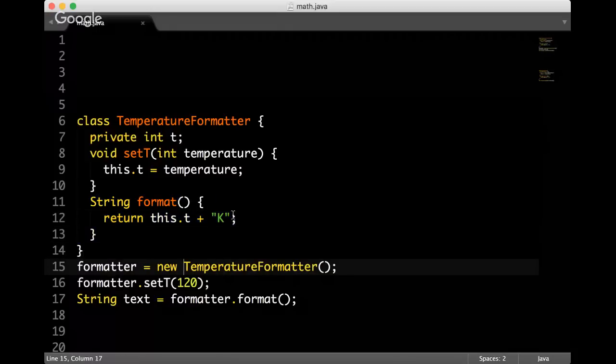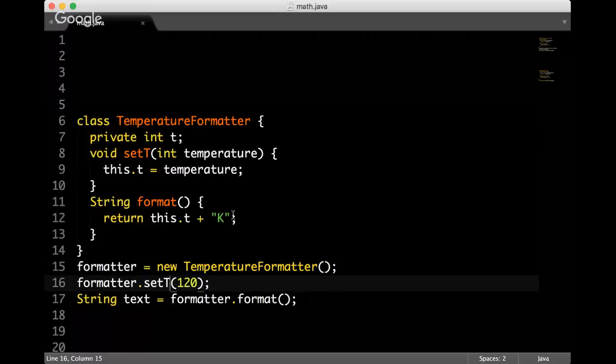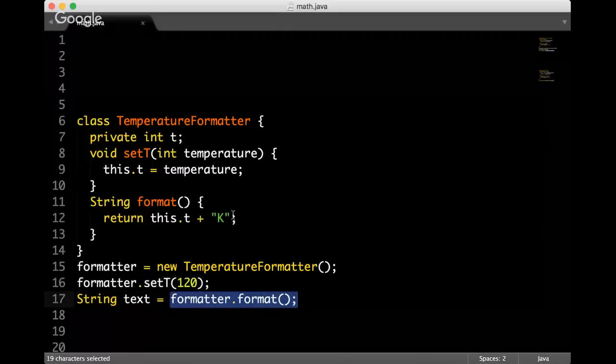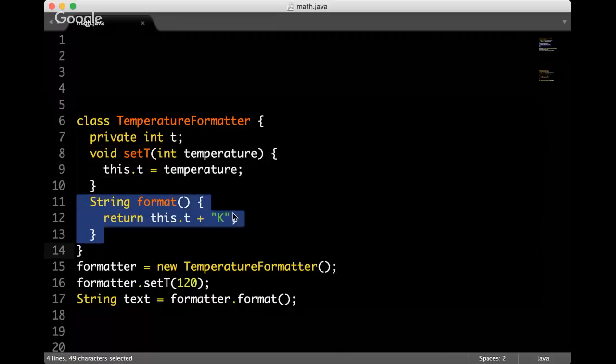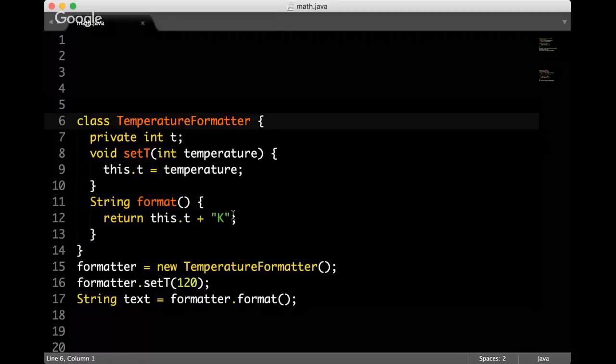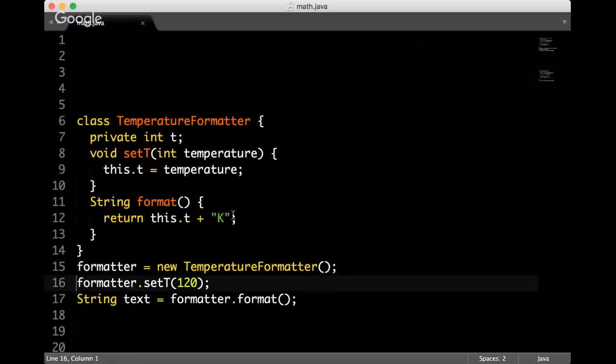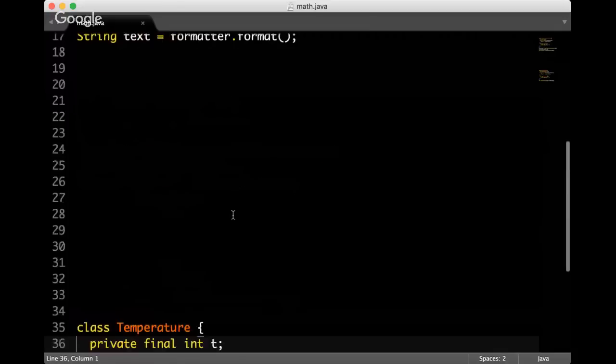In order to do that, we need to first of all create an instance of this formatter. Then we inject some number in there, and then we format it. We call this procedure format, and we get the result. It's really typical mutable code, which has this setter in order to change the value, which the procedure will later manipulate. We talked a lot about that. It's just a pure container with data and procedures attached to it. No need to discuss it again. I hope you understand this is just a bad idea. The better idea is to make it immutable.